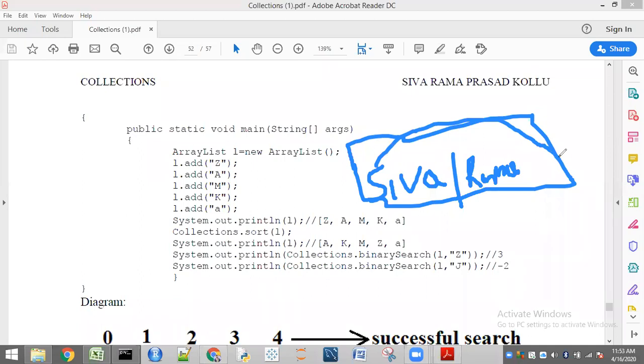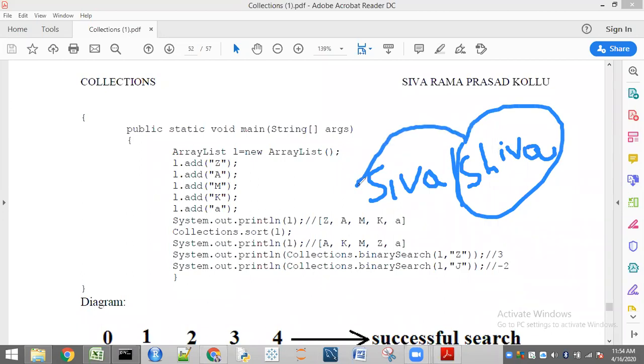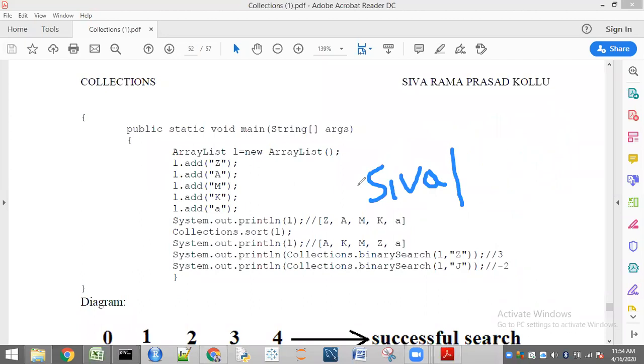So again, some doubt may arise. Sir, if both names are the same, both starting letters are the same, for example, here Shiva is there, and this Shiva is there, SHI. Which one has to be printed first? First it will compare these two. Both are the same, so it is not going to perform any sorting. It returns 0. Next it will compare I and H. When compared, H has to be first. So this Shiva is going to be sorted first according to ascending order, the default natural sorting order. In that way it is going to be arranged.